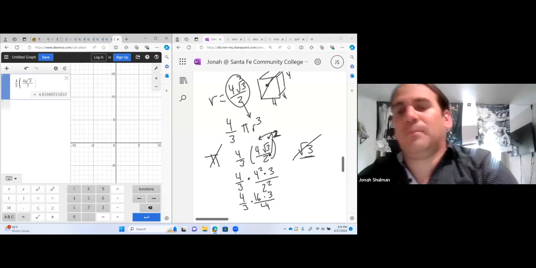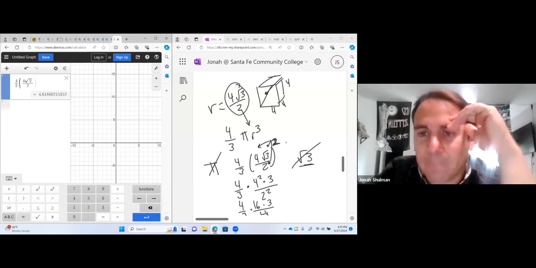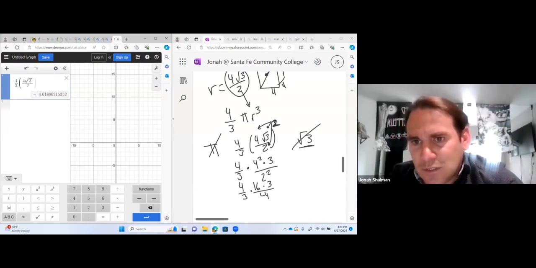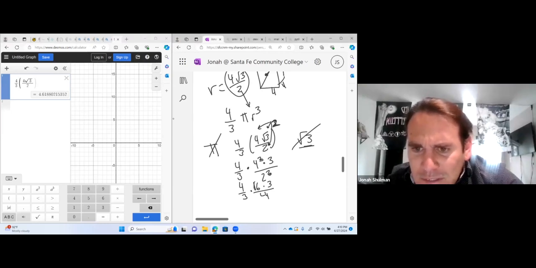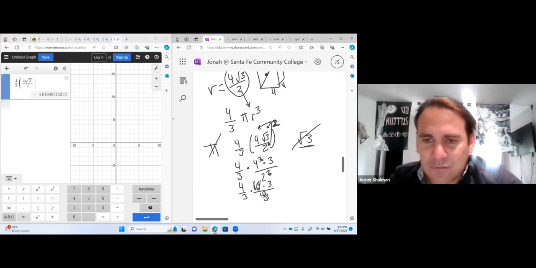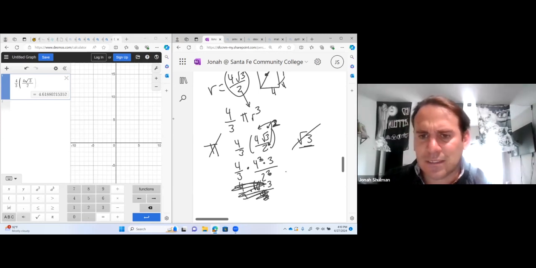Oh, I see where I messed up. Cool. So this whole thing is supposed to be cubed, but I raised this one to the 2 to move it over here, but it's really to the third. So this is to the third power, and that's to the third power. So this is 64 over 8. That's it. See how easy it is when you make a mistake to see it.